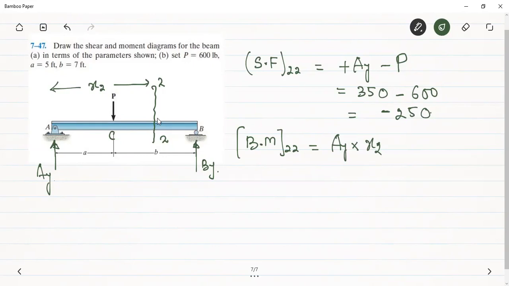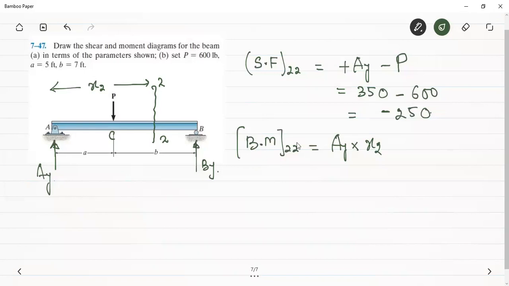So while we are dealing with engineering mechanics, we are free to choose the sign convention of clockwise moment or anti-clockwise moment. But here we have to be careful. Because whenever I told you, in trusses or while finding reactions, you can choose clockwise to be positive and anti-clockwise to be negative, or anti-clockwise to be positive and clockwise to be negative. But here we have to be pretty cautious because sign conventions are defined. For the left hand side of the section, clockwise is positive and anti-clockwise is negative. That's why we have to take care here. But while we are finding the reactions, we can take any signs. While we are calculating the bending moment, we have to be careful with the sign conventions.